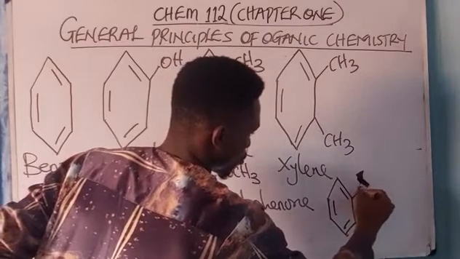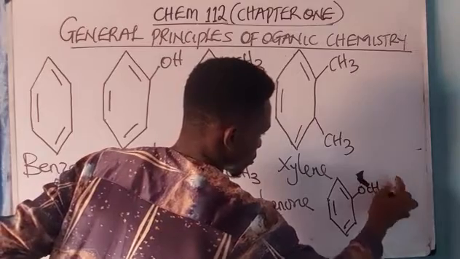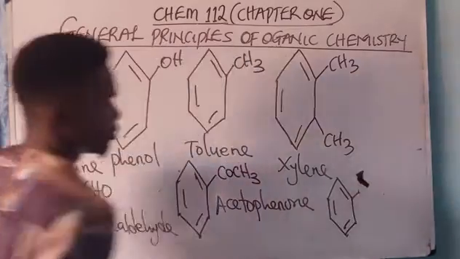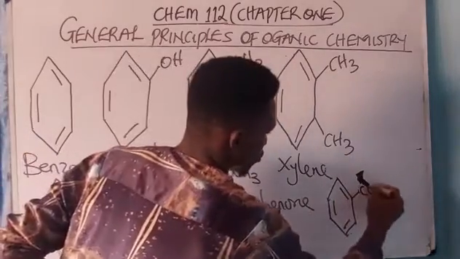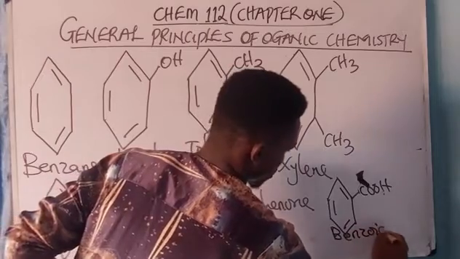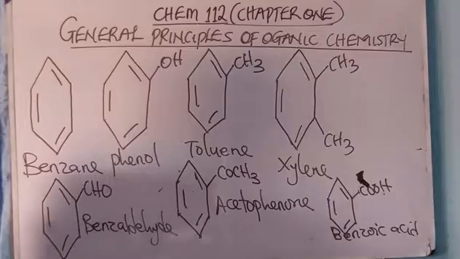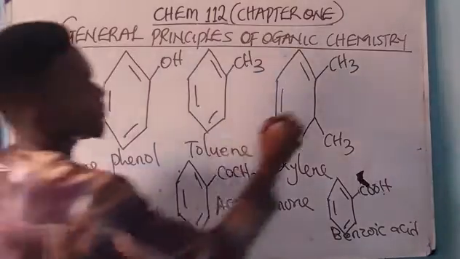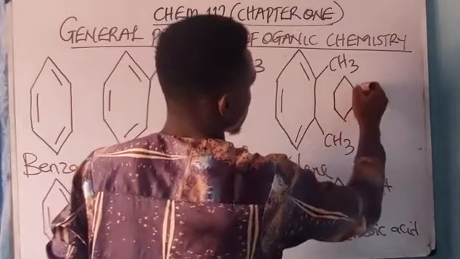maybe, let me put COOH. And this is what? A benzoic, this is a benzoic what? Acid, okay? So these are different groups of what? Aromatic compounds. If I now have double benzene ring attached together like this,